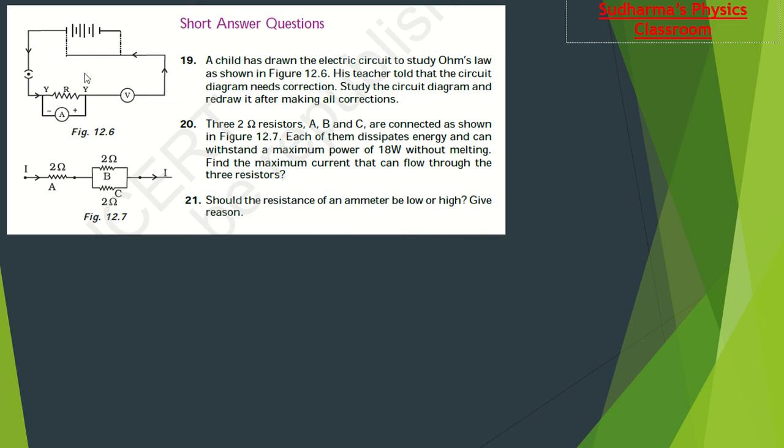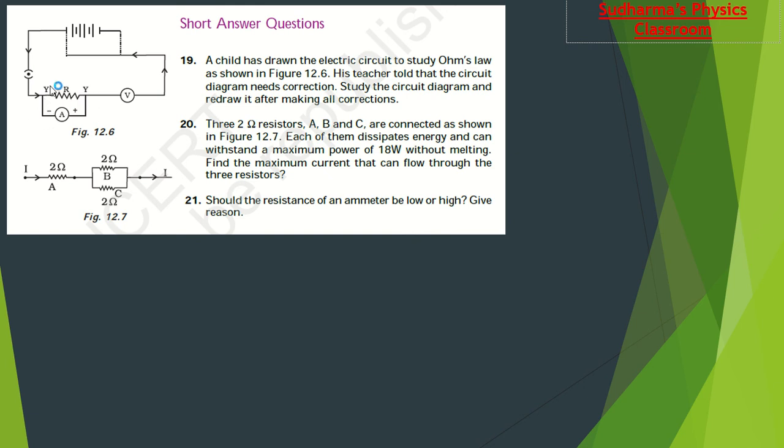Now let's see if there is any other mistake in the diagram. You can see here Y and Y represented, right? At the end of these resistors, Y and Y are shown. That means Y and Y represent the same position, right? So for resistors we have to represent them as AB or XY. Whichever name you are giving, both ends must have different names.